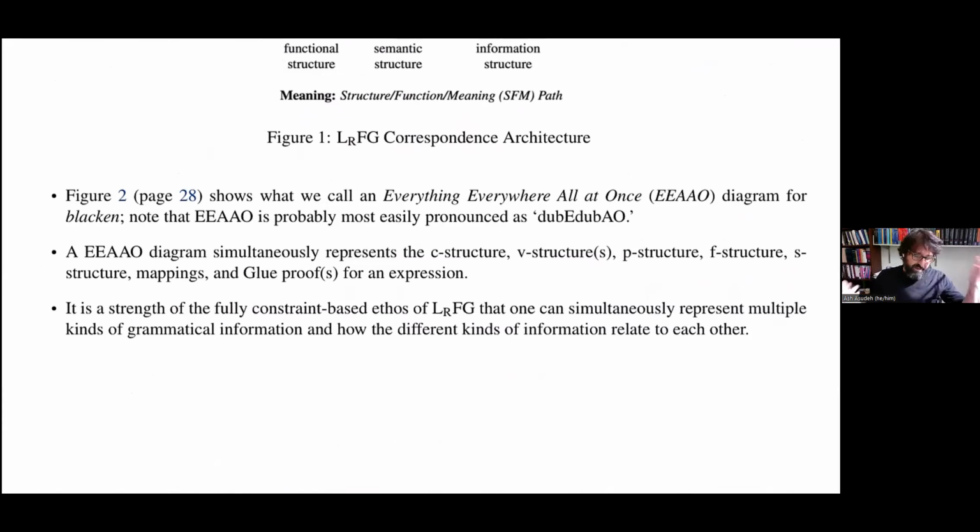So a WAO diagram simultaneously represents the C structure, V structure, P structure, F structure, S structure mappings and glue proofs for an expression. It's a strength of the fully constraint-based ethos of LrFG that one can simultaneously represent multiple kinds of grammatical information and how the different kinds of information relate to each other. So without further ado,